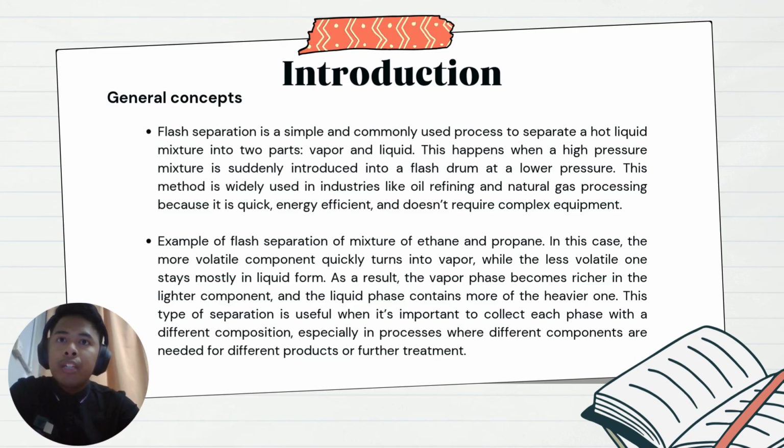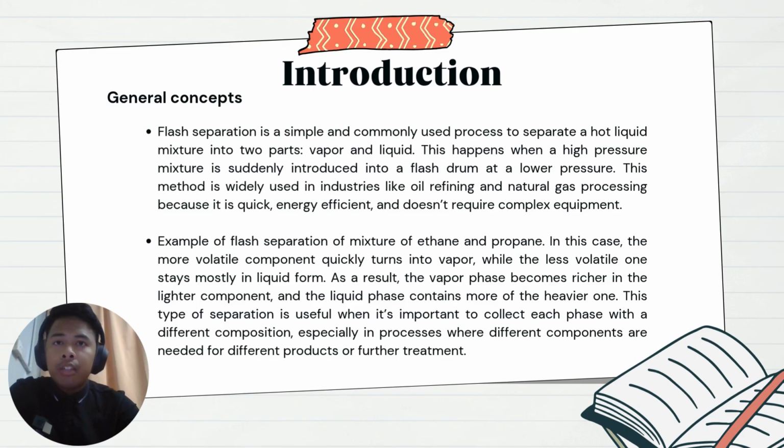This method is widely used in industry like oil refining and natural gas processes because it is quick, energy efficient, and doesn't require complex equipment. An example of flash separation is a mixture of ethane and propane. In this case, the more volatile component quickly turns into vapor, while the less volatile one stays mostly in liquid